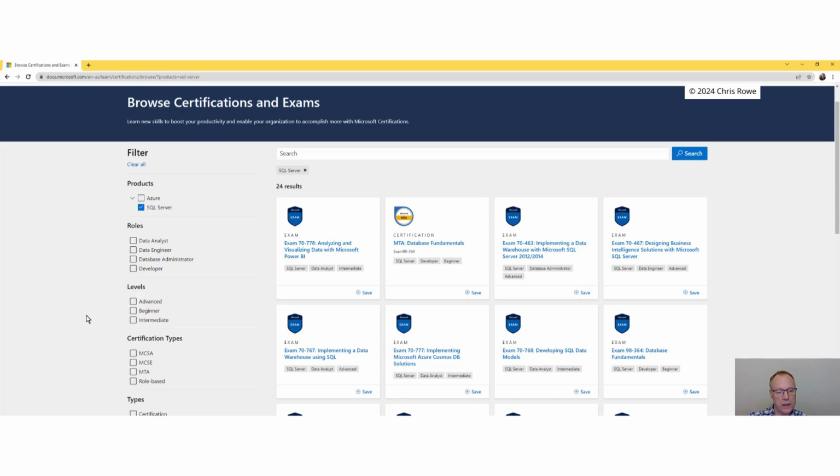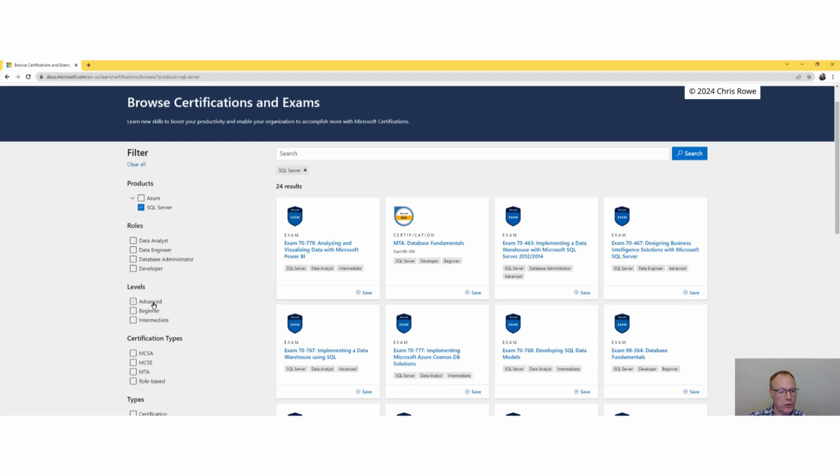Now that's usually the area you aim for when you've got around 2 years of experience under your belt and you want to prove your certifications, prove your SQL skills. You'd probably go for an MCSA.